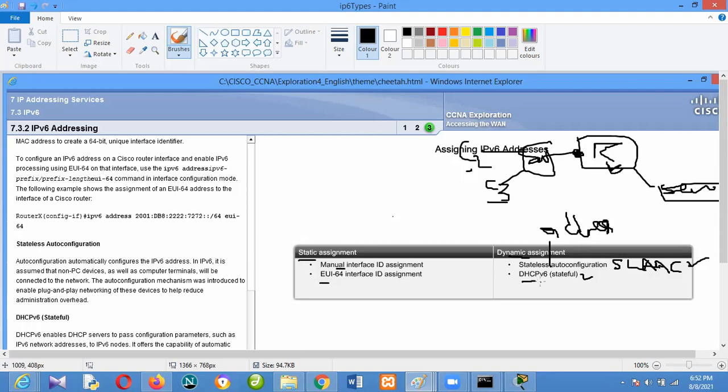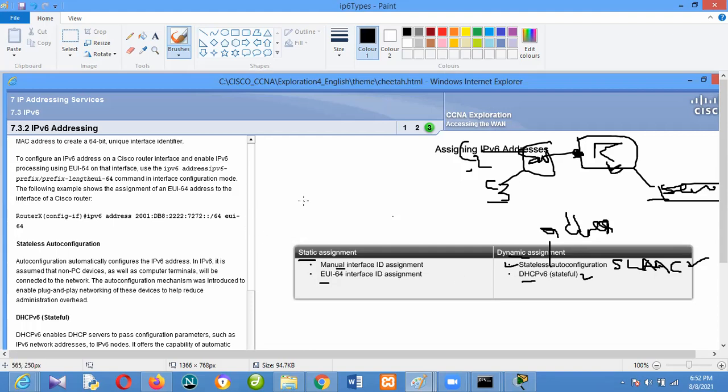Why is it stateful DHCP? Because there's a record. When this server or router gives an IP address, if it is configured with DHCP, whenever you give an IP address, it keeps record of it. So it's not going to duplicate it to another person. But for SLAAC, there is no record.